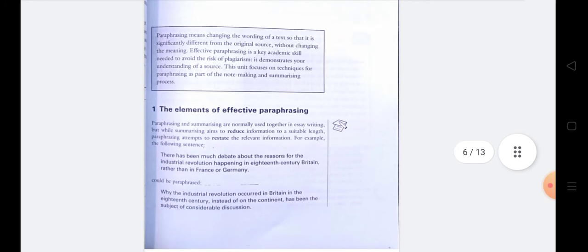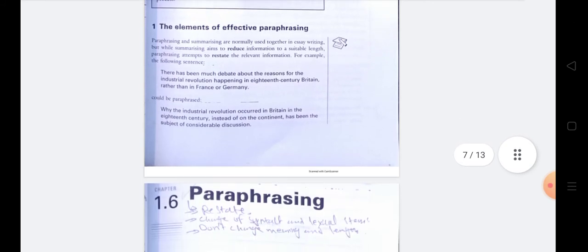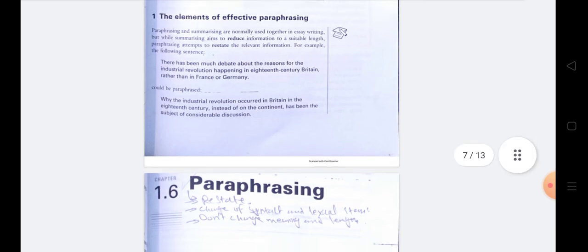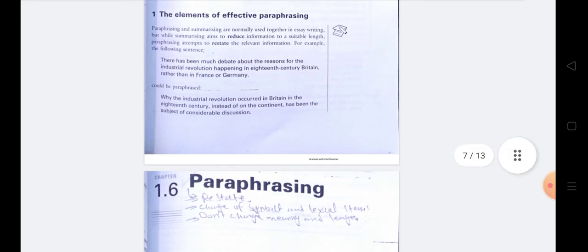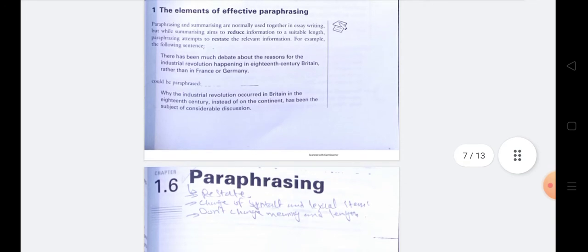Paraphrase means restate, change the syntax or lexical items but do not change the exact meaning. Let's move on to the elements of effective paraphrasing. In paraphrasing, attempt to restate the relevant information, retaining the main ideas.